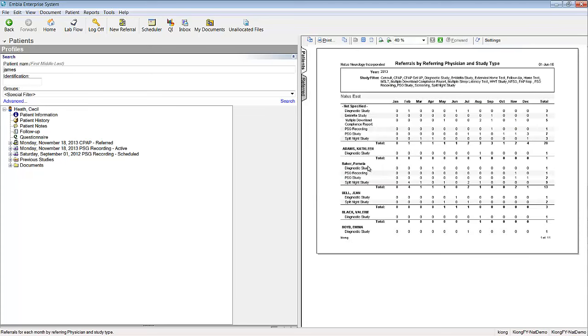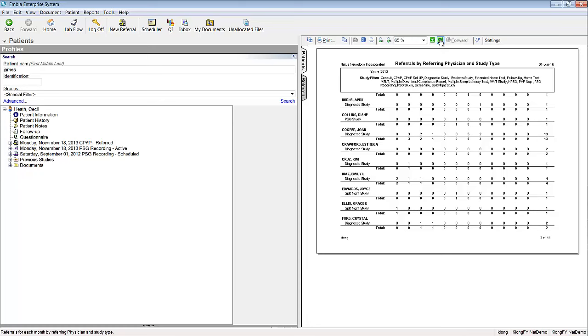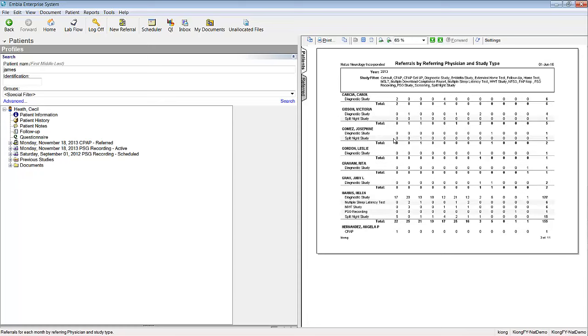So it will break down like, for example, for this physician, I would know how many dancer studies she referred, how many PSG recordings she referred, PSG study or split night study. I can always view all this, and of course all this report you can print into a PDF format, or you can straight away send it to your printer to print the report for